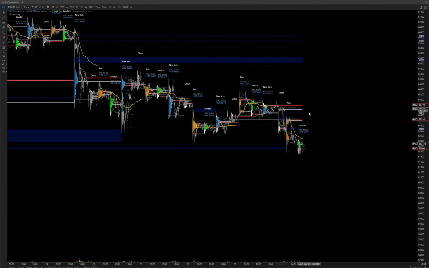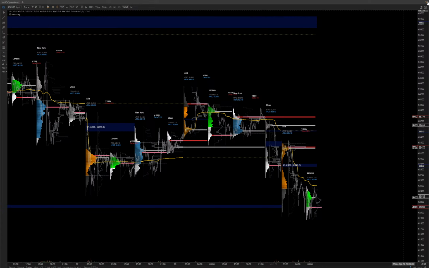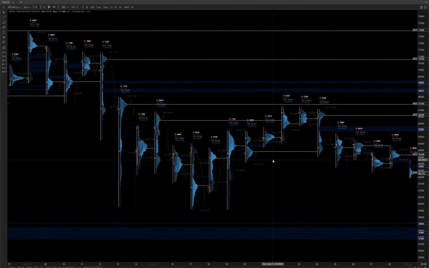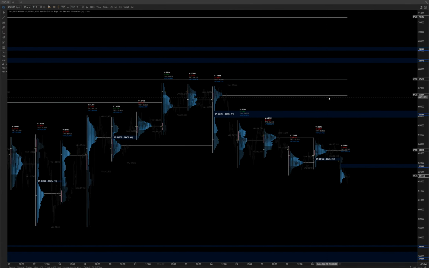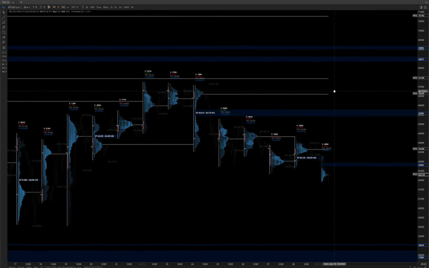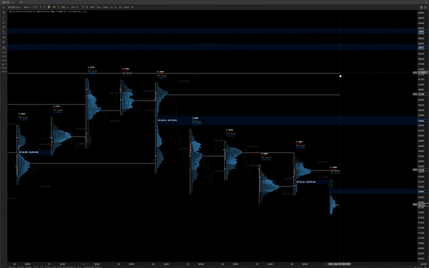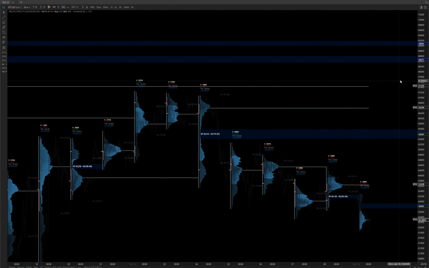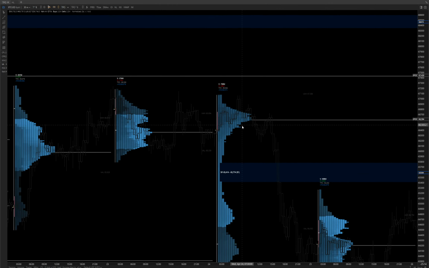This is a volume path control, not the time path control. And then you have the TPO. So this time it's not the volume you're looking for, but simply the time. And so you're just looking again for the naked levels like this. They're untapped really. Okay, so for example, here, here, all of this. And so this is not the volume you can see in there, but the time spent